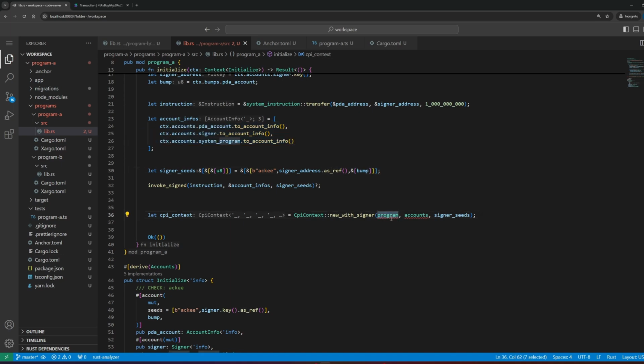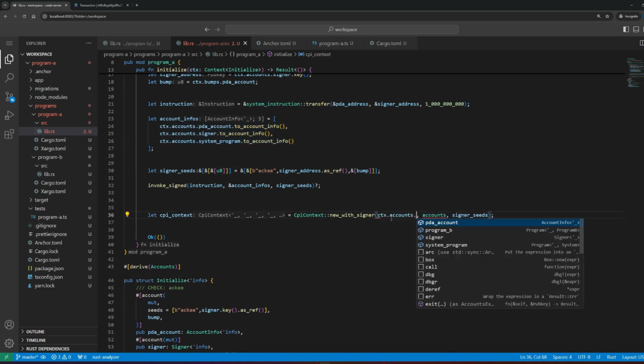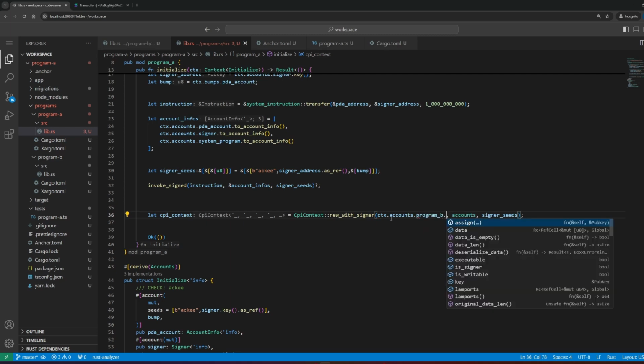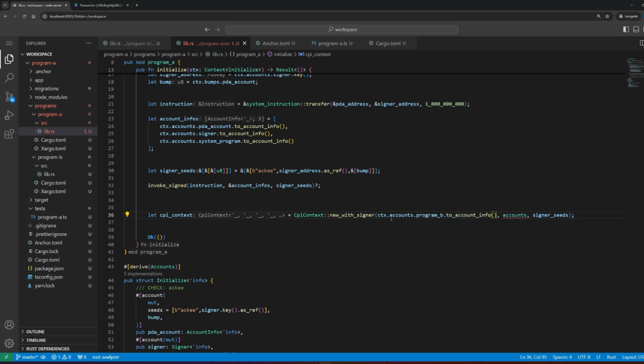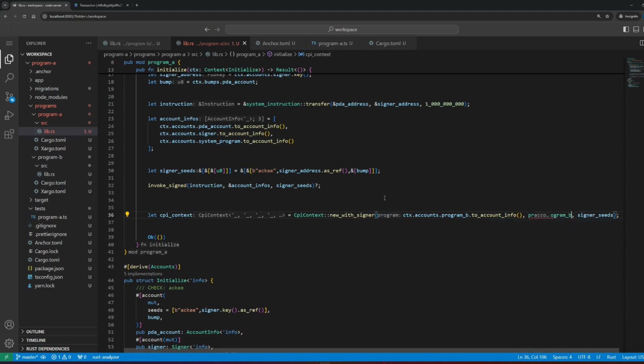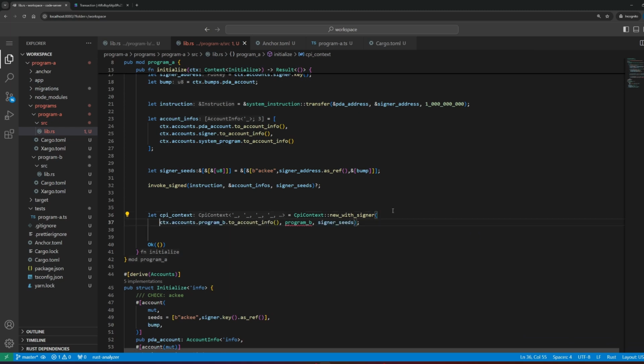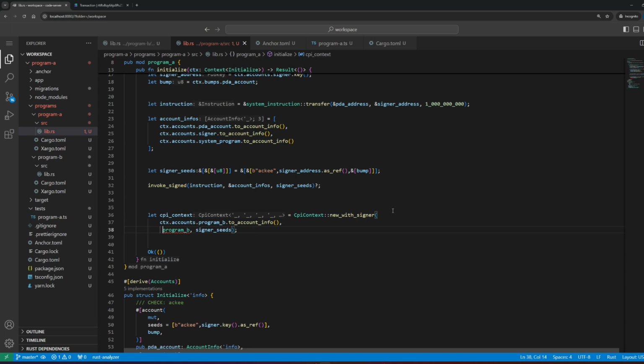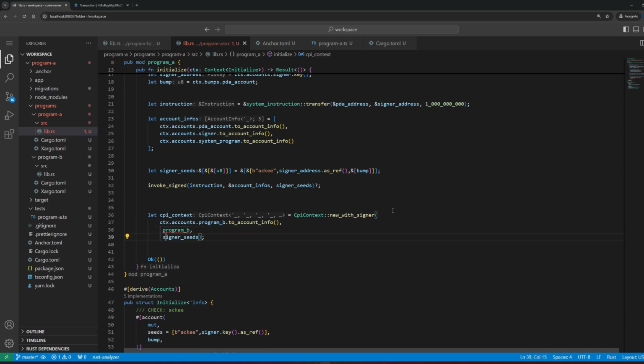So the first one is accounts.program.b, but again to account info. And then we need to specify accounts. And for that, let me also make it more readable. So we need to do it like this. And here, once again, program B,